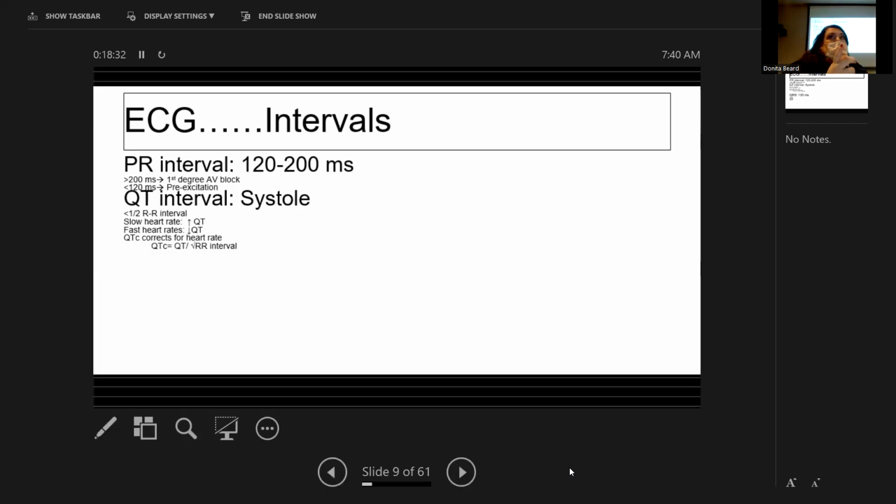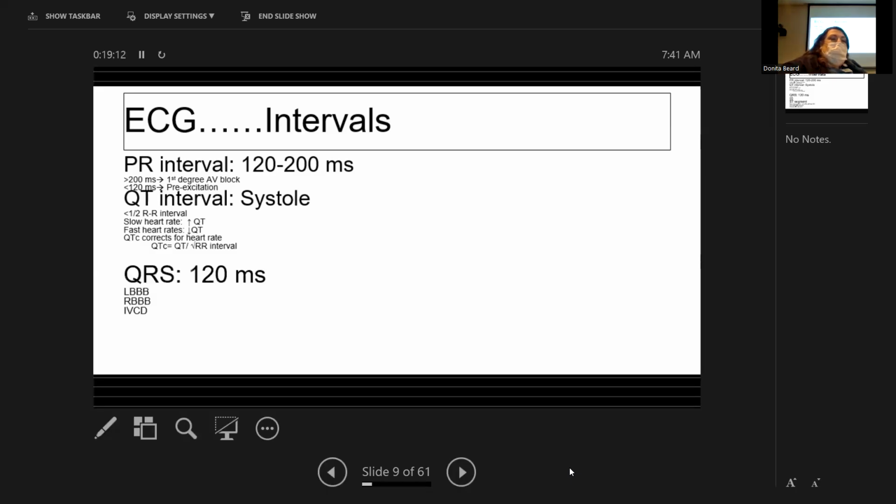The QT interval will change depending on what the heart rate is. And so that's why there's the measure, which you have probably seen on an EKG, called QTc. The C part is just corrected. It means the QT interval is corrected for the heart rate. To do that, you just take the QT interval and divide by the square root of the RR interval. I don't think they'll ever make you calculate it, but just know that in bradycardic heart rates, the QT interval gets longer, and in tachycardic heart rates, the QT interval gets shorter. And so the QTc is always correcting for the variability in heart